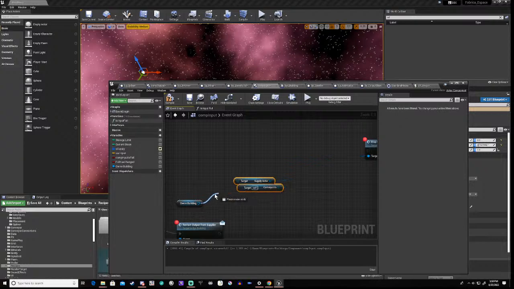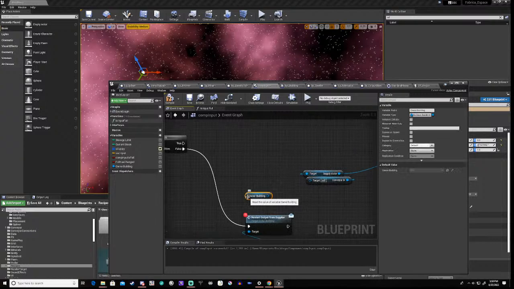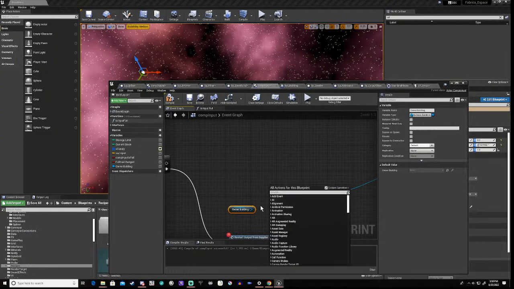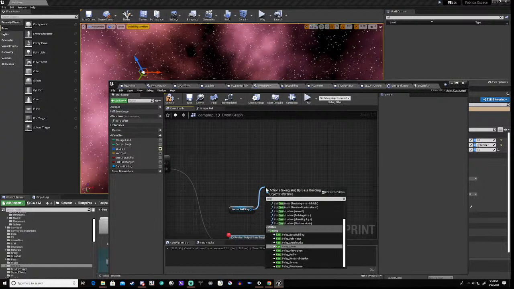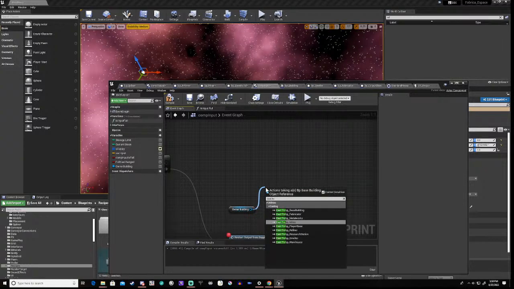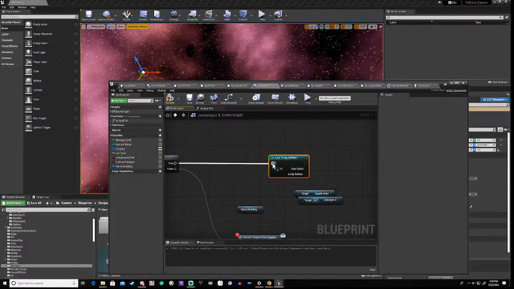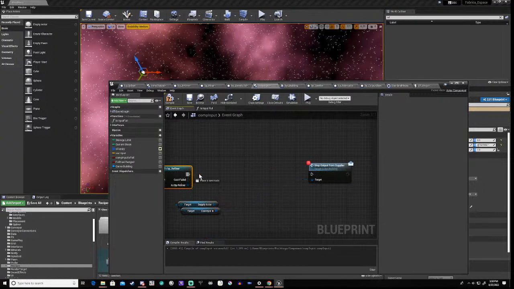I don't think so. Yep, that's a BP base building. So if we cast this to refiner, right, and then do that, and then do that,